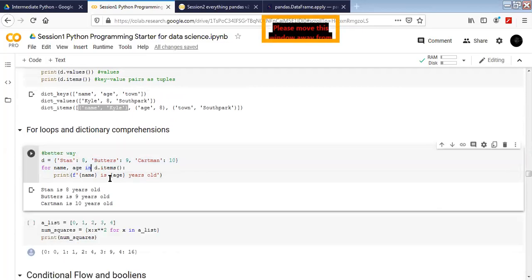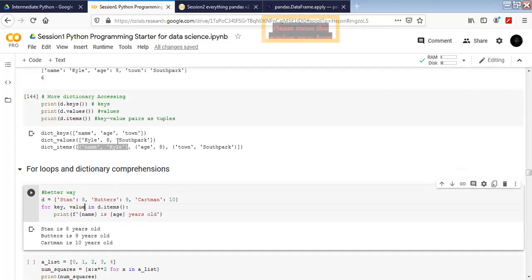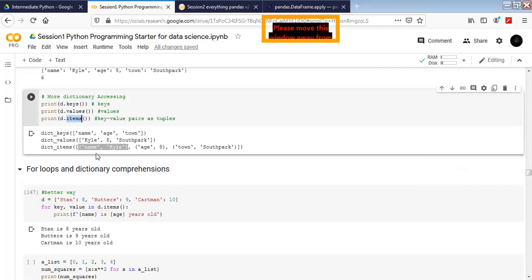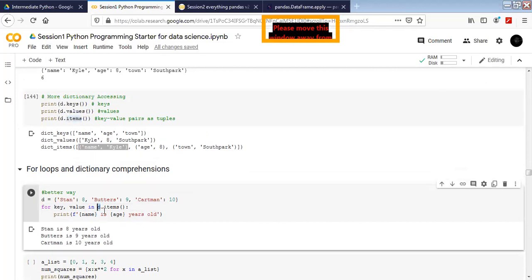This is the way we access dictionaries in a for loop. We have two elements going together: one is called key, the other is called value. Correct? Yes, sir. So which special function of a dictionary returns the key and value pair? Dot items. Yes, dot items. So we take the dictionary and put dot items here, and it returns the key and value pair. So I have written a key and then value.